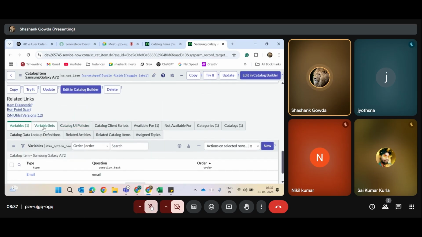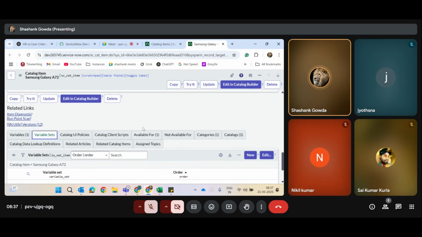Now, let us move to our next topic, that is variable sets. What do you mean by variable sets? So let us take an example. We have Samsung catalog items like watch, Samsung washing machine, Samsung mobiles, around 25 catalog items. And the client will come and ask like, I need two variables which should be constant in all these